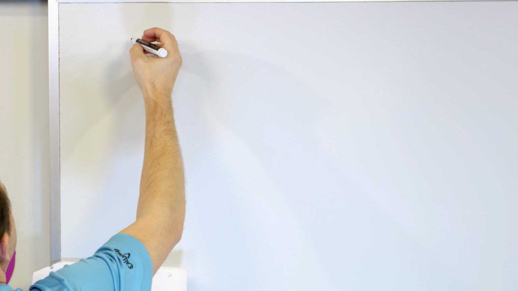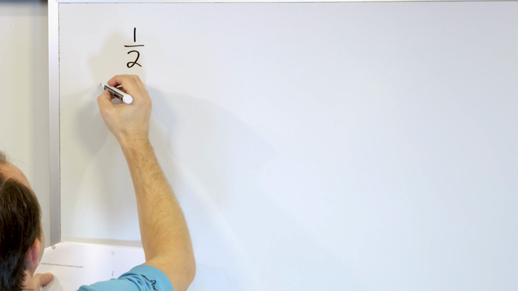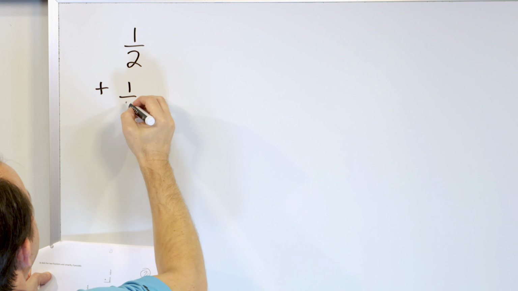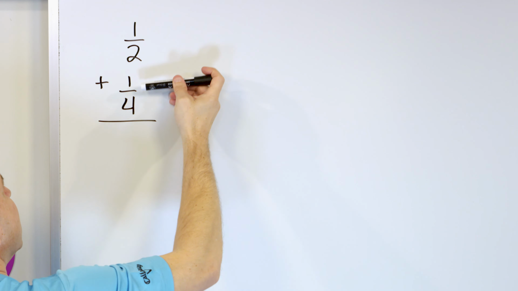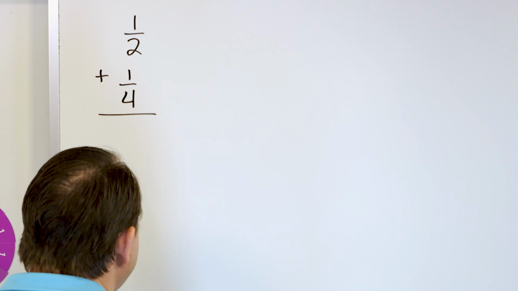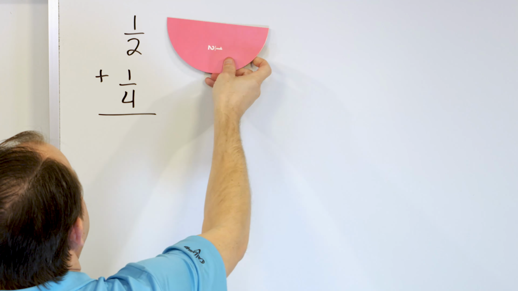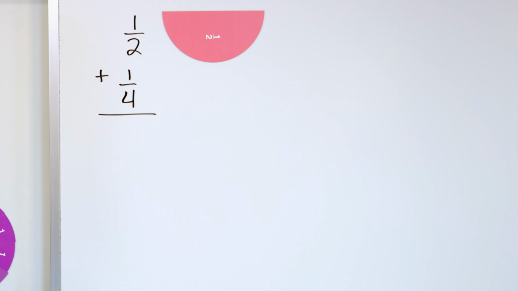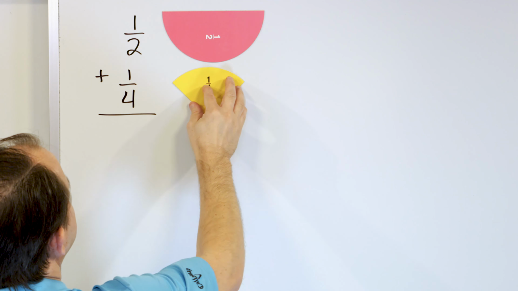Let's say that we have the fraction 1/2, and then we have the fraction 1/4 that we're going to add to that. So again, notice we have a 4 on the bottom and a 2 on the bottom, so we cannot add these. At least we can't do it mathematically. We can put a model up there, but we cannot really add them together. So the 1/2, I'll do it this way. The 1/2 is represented by half of a pizza like that, and the 1/4 is represented by a quarter of the pizza